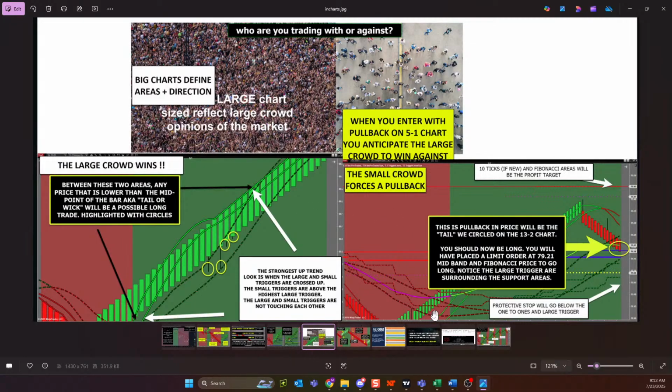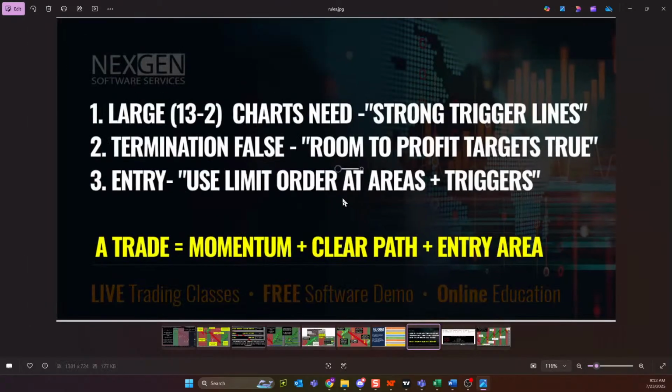you'll go to a fast chart, you'll go to a refinement chart. And on this smaller chart, guys, this is your immediate, this is your in the now. And this small crowd fights. And when everything says up, these guys push down. And rule number 3 is designed to take advantage of their fight, which typically loses 70 to 80% of the time when you have momentum and path.